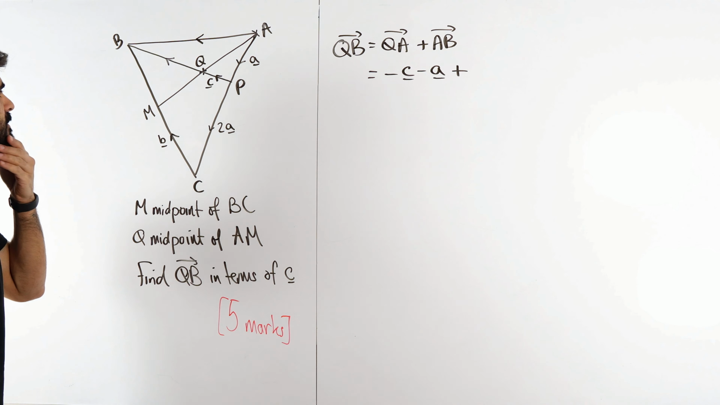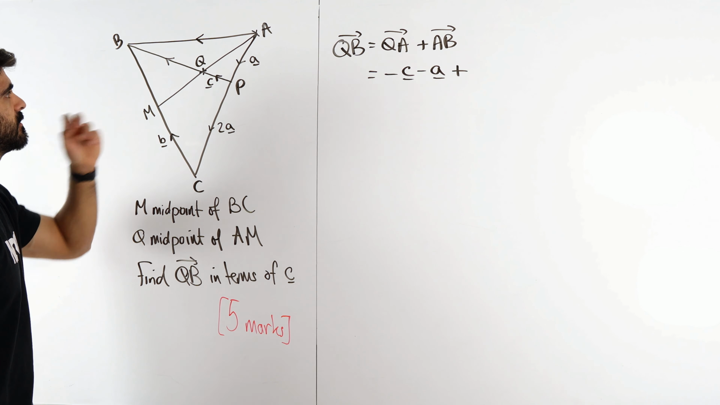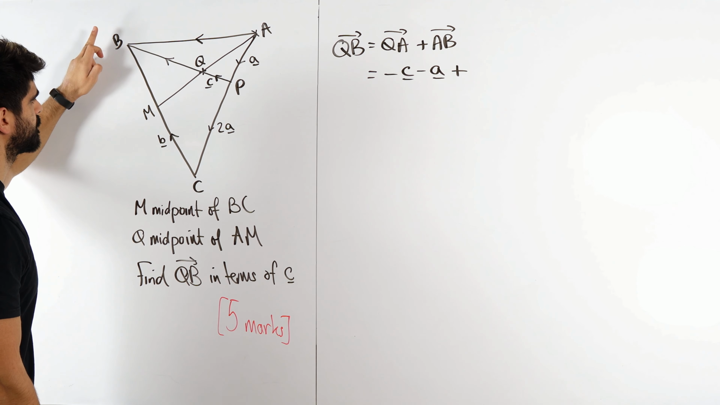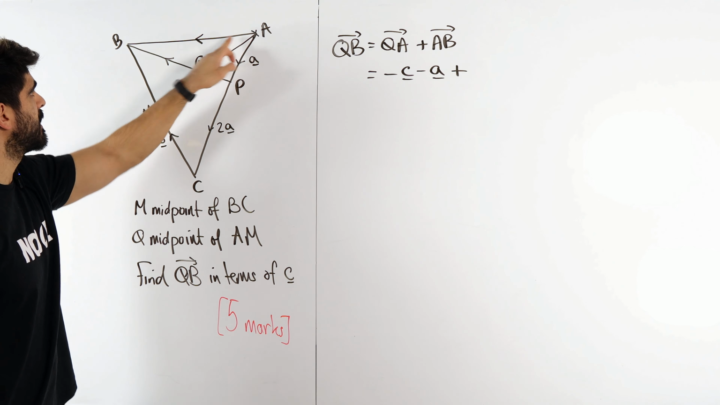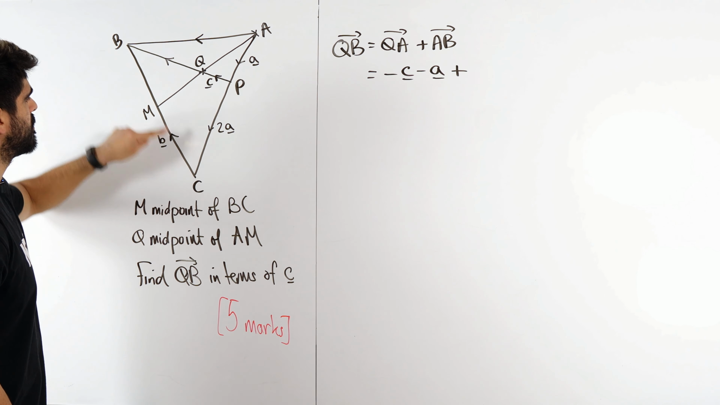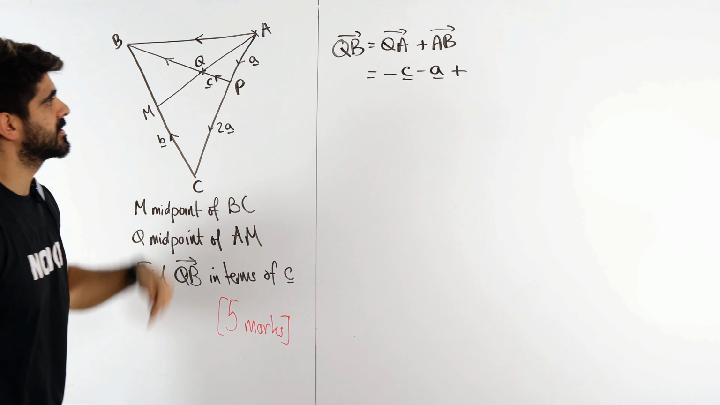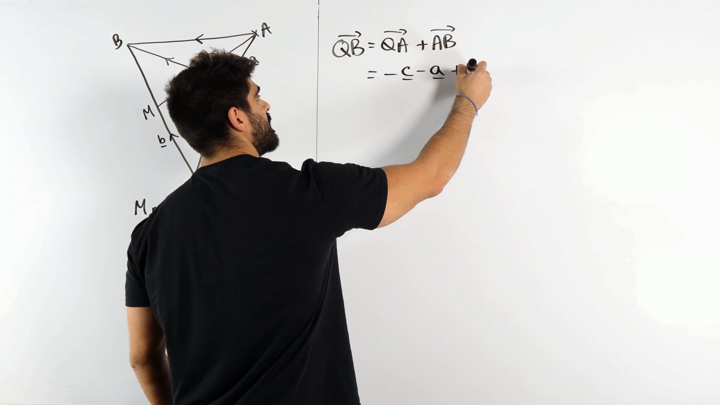Now, how do I go from A to B? It looks like we're going to have to do the long way. We're going to have to go all the way around. Okay? Now, to go from A to B, I'm going to go A to C, and then C to B. Okay? Now, A to C, let's write it down. A to C